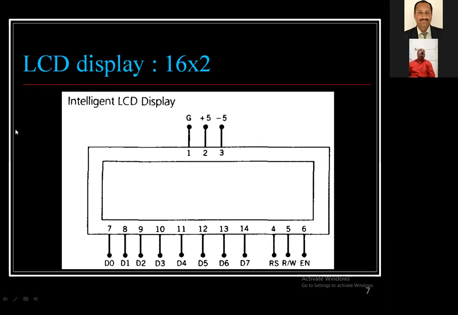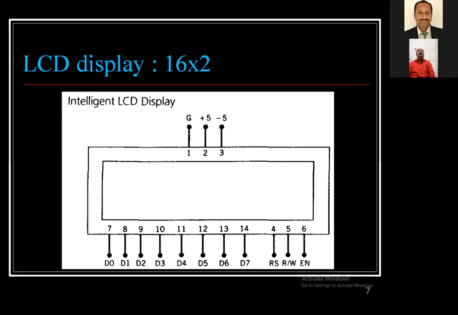Now come back to the main point of this fourth unit: the LCD display. In the market, many LCD display modules are available. From those, in academics we have taken the 16 by 2. What does 16 by 2 mean?